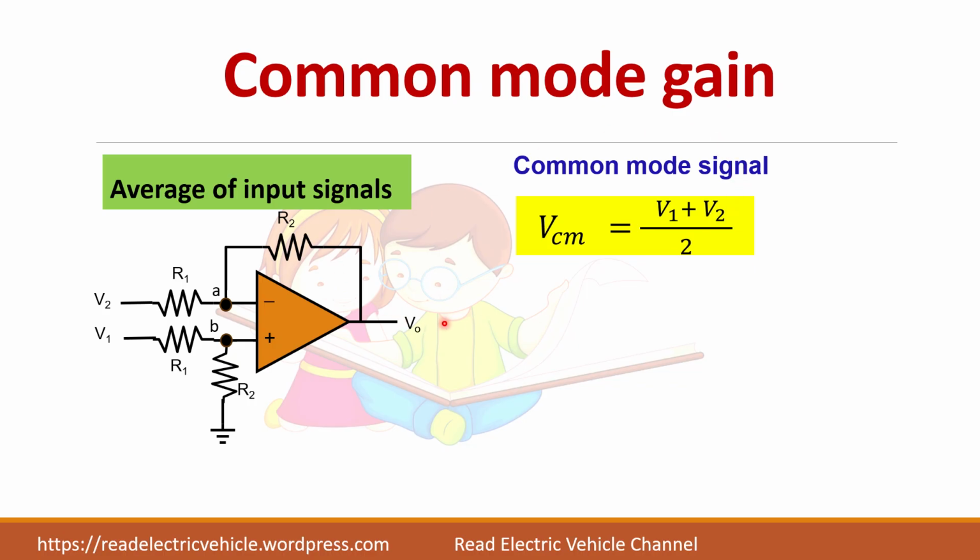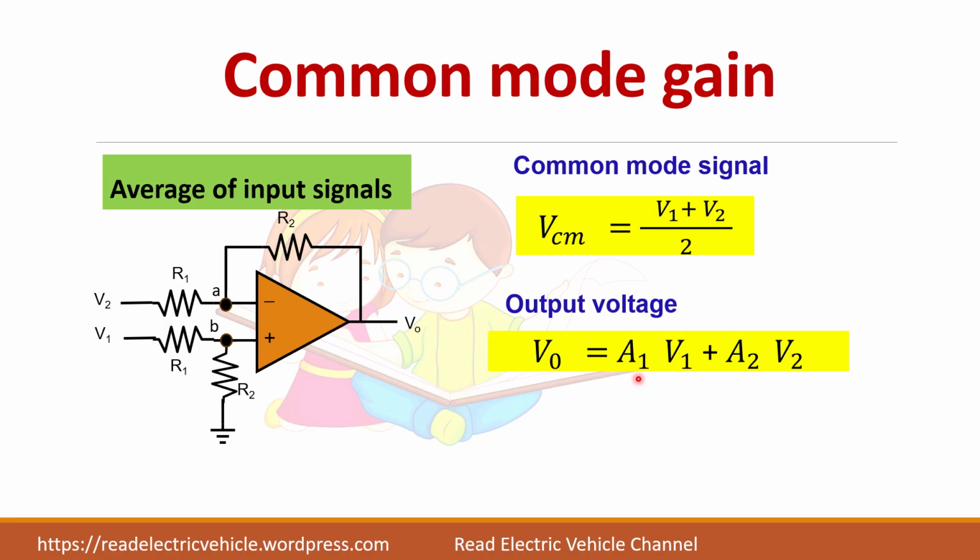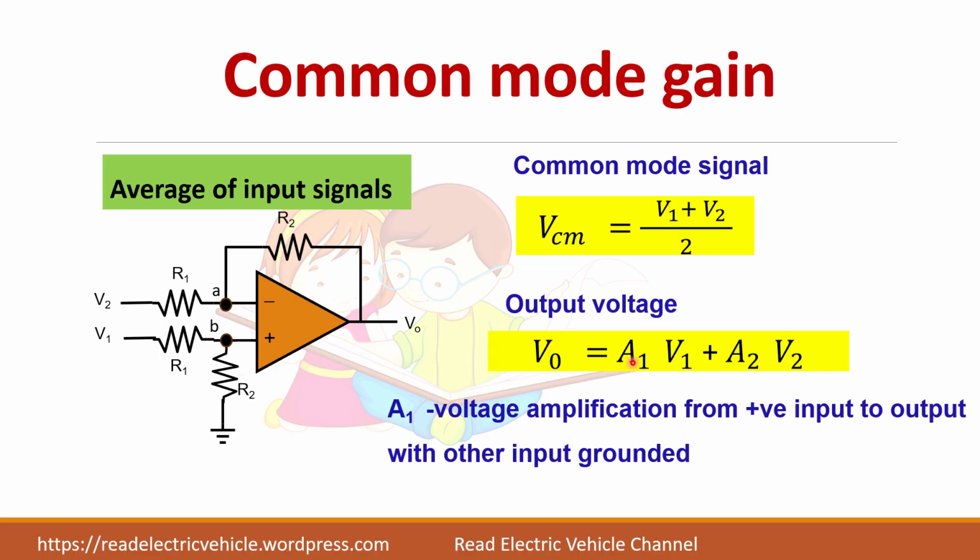So the output voltage V0, we assumed till now that there is only a gain A. But actually the output voltage is equal to A1 into V1 plus A2 into V2. That is, if I give an input here, V2, the gain is different in amplifying through this stage, and when I give the input here in V1 and I ground the other one, the amplification is different. So V0 is equal to A1 into V1 plus A2 into V2, where A1 is the voltage gain from positive